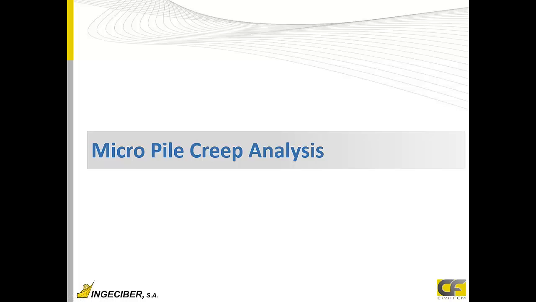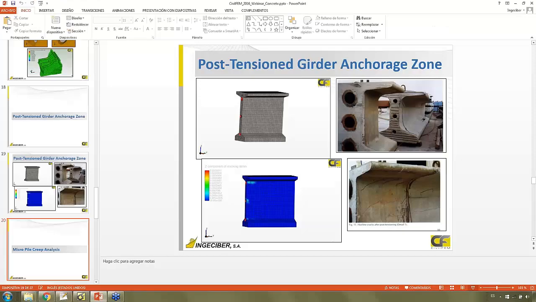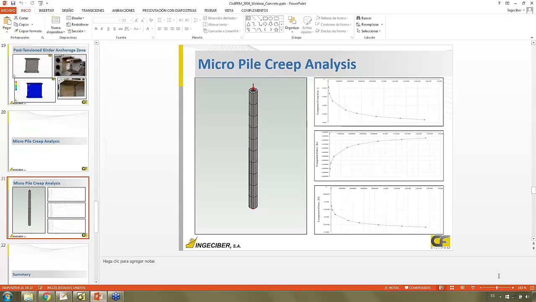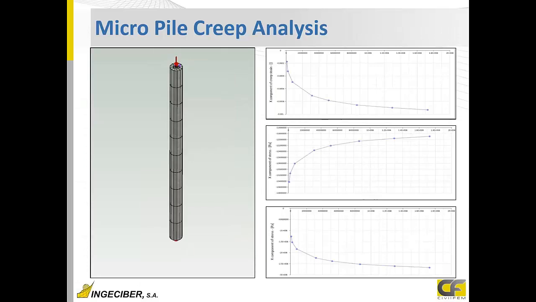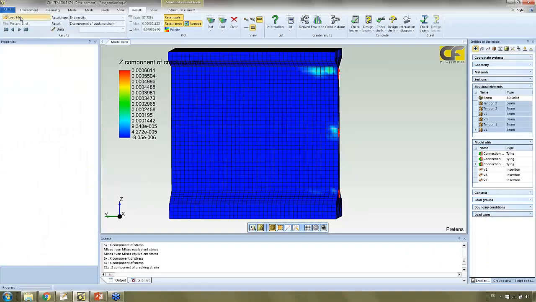And the next thing we are going to see is the micropile creep analysis. We can add to this a nonlinear behavior: compression, tension, cracking. We can add also creep analysis. With the creep analysis, we will have a strain during time due to compression loads, and we are going to analyze it in this member that is a micropile. Here, if I open the next model,